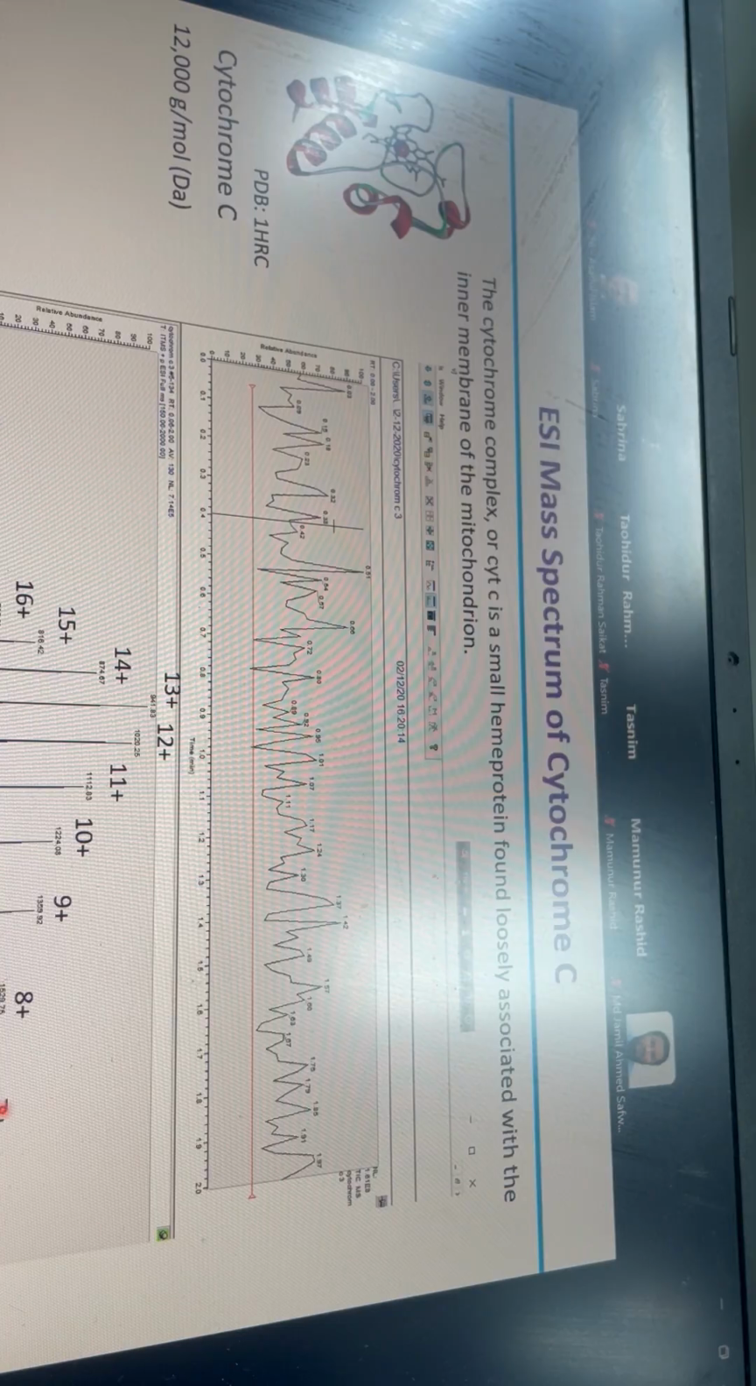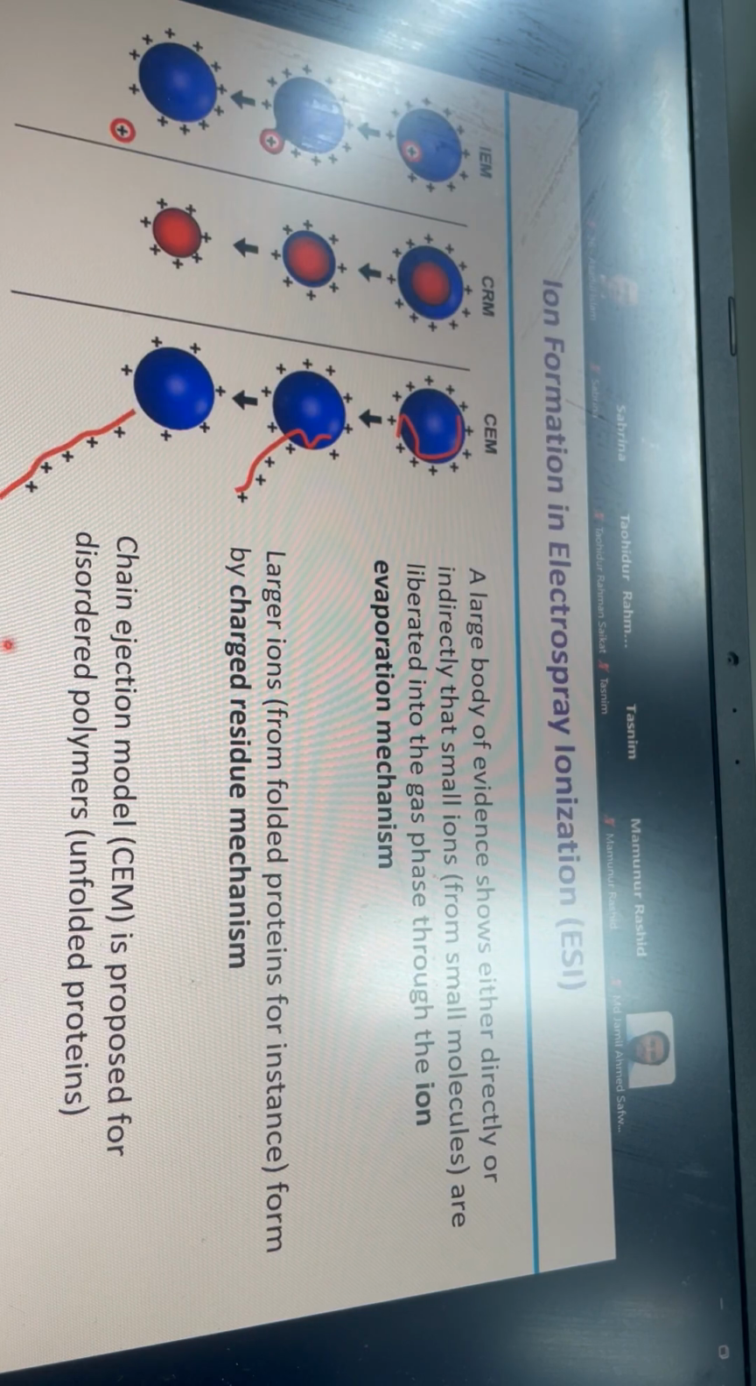We will learn how to calculate the charge and mass from the mass spectrum, maybe today or tomorrow, time permitting. Okay. So then how are ions actually formed in electrospray ionization? There are three mechanisms. One is called the ion evaporation mechanism, another is called the charge residue mechanism, another is called the chain